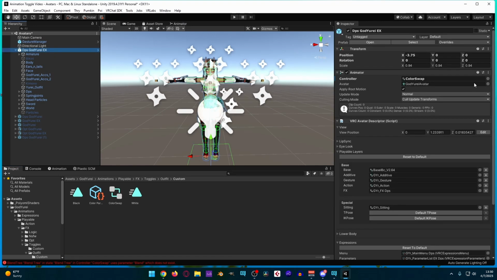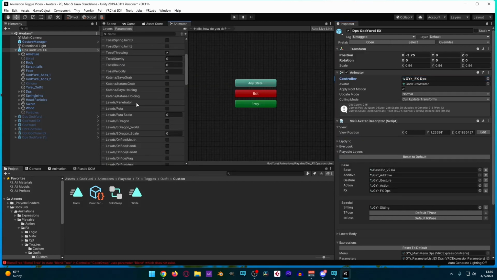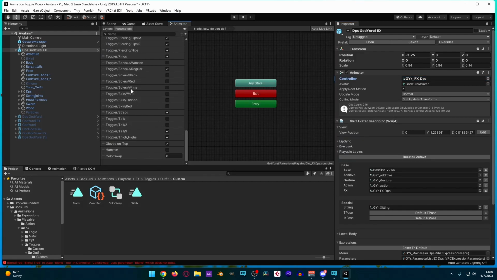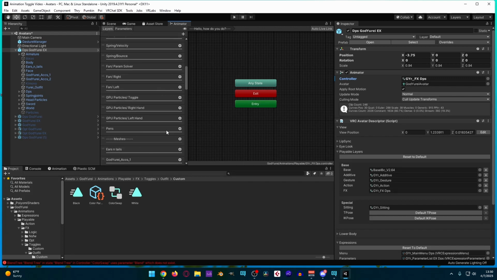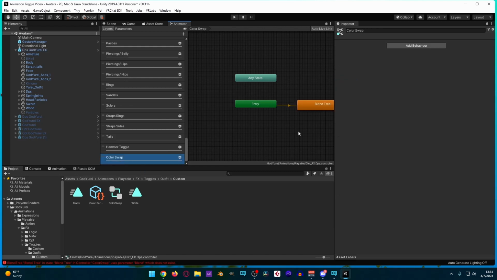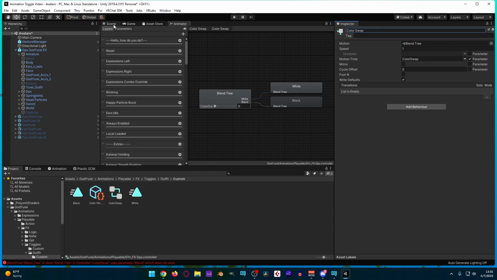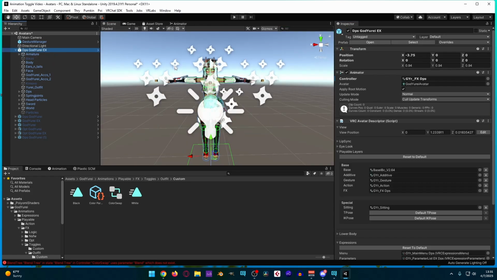Let's go ahead and check the animator itself just to make sure that, you know, parameters, color swap, hammer. And we come down here at the very bottom where it's color swap, which is a blend tree. I'm going to name that. Okay. Next, what we're going to do is we're going to go